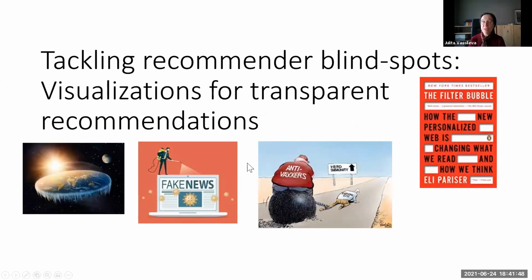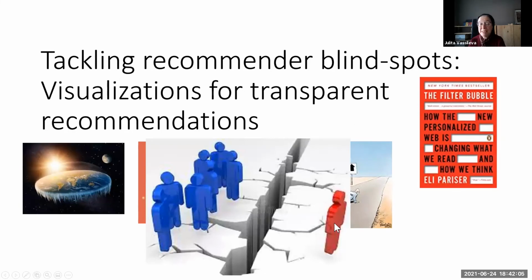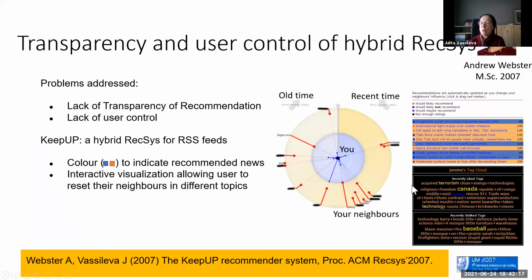The area of danger is recommender blind spots. You all know the filter bubble, incredible stupidity on the internet, and communities which are basically harmful. And a big divide. Even now with COVID, it breaks friendships because people have completely different views on things. So one approach which we took a long time ago was for transparency and user control